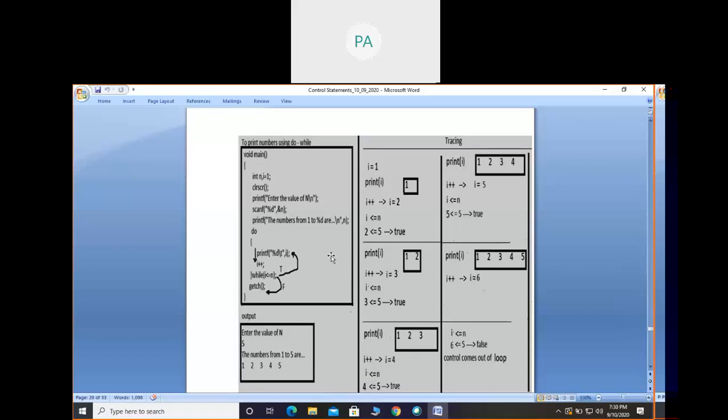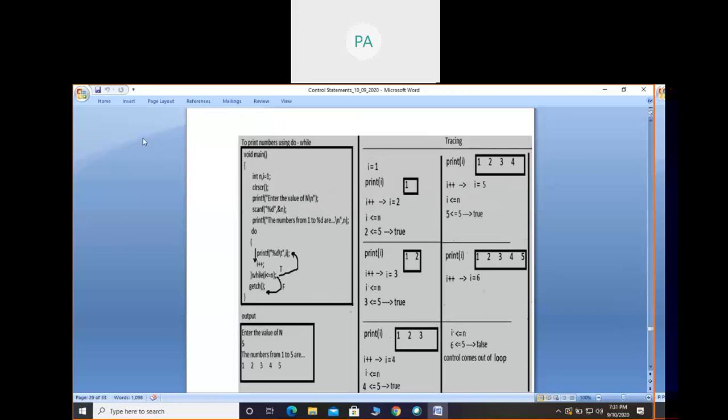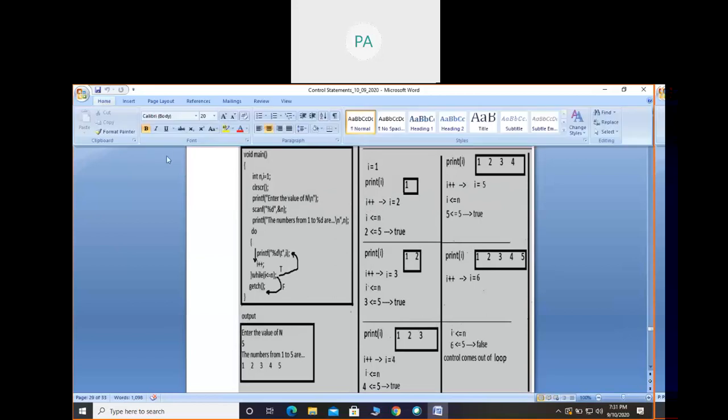So just copy the programs for numbers, odd numbers and even numbers. If you copy these three programs, then I hope you will become perfect with while and do while loops. Later we have the differences between while loop and do while loop, with one particular example which shows the exact difference between them. So now if people can copy this program, let us discuss it one time.